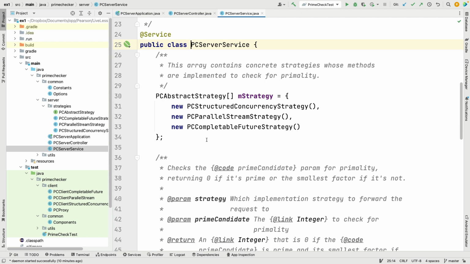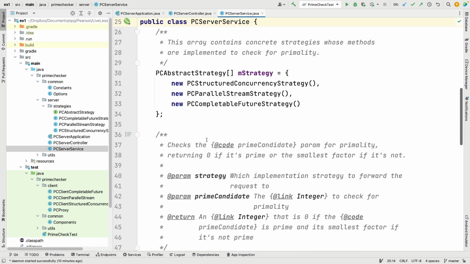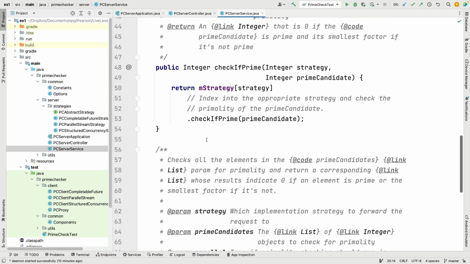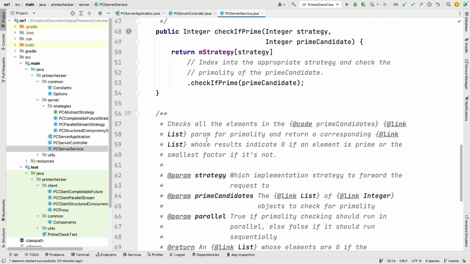Those things are all put in there. There are other ways to do this. I could have used a map, and I could have encoded things with a symbolic name. I just used an integer just for kicks. So down here, we have the checkIfPrime strategy method, and you can see all it does is it takes the